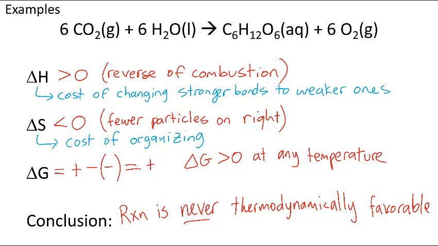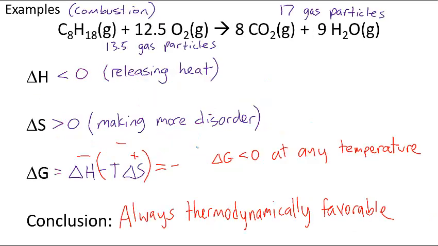So a reaction like this with a positive delta H and a negative delta S is a huge energy cost, because you have to pay to do both of those things, to put in energy to do both. Whereas the prior one, where delta H was negative and delta S was positive, there you were releasing energy by trading in the weaker bonds for stronger bonds. So this is like the energy you get out